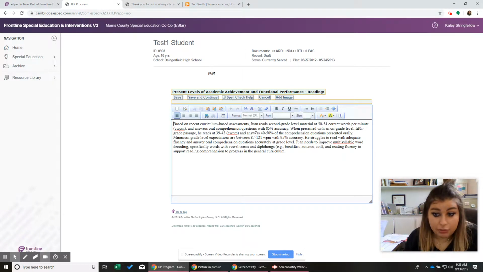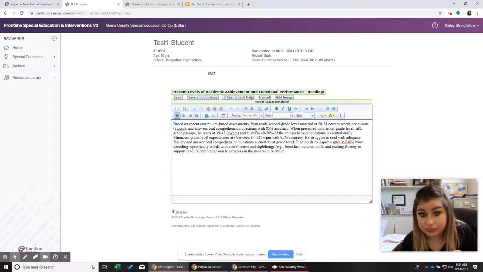this is a good example of a present level. If you don't know what PLAAFP or present level is, for Pewitt, I sent y'all a document that you can share with your teachers, and I sent a video of how to use that document, of how to get information to put in the ARD. So this is the information that you get from teachers, or that you get if you're that teacher that sees this kid for this area, or you really know the kid in this area. You're getting that information and you're compiling it into paragraph form pretty much.